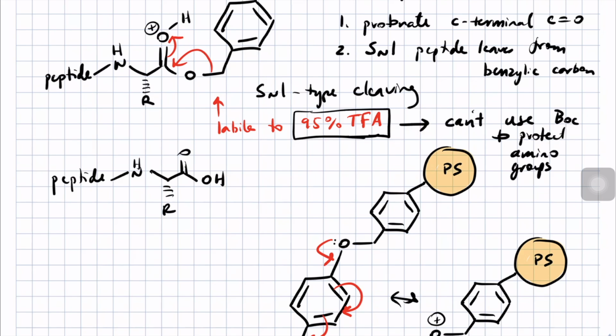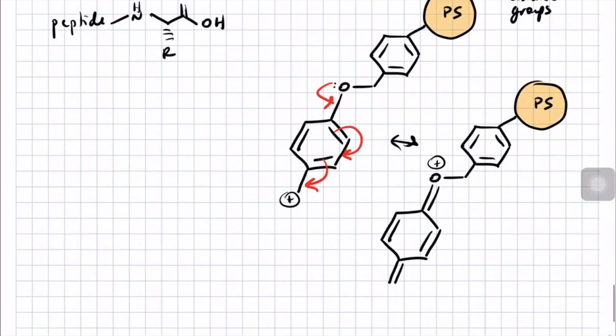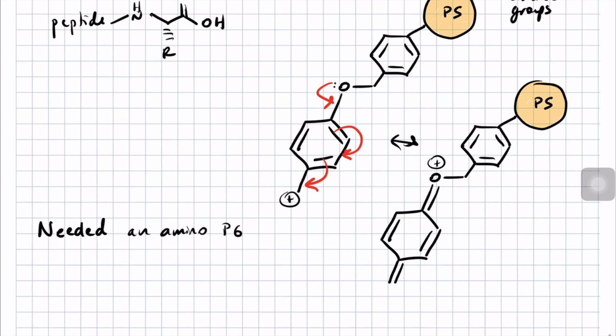Because if you did, anytime you went to deprotect an amino group, you would release your peptide from resin. So chemists needed, there's 3 E's in that needed, that's embarrassing. Well, there's supposed to be 3, there were 4. Chemists needed an amino protecting group that was